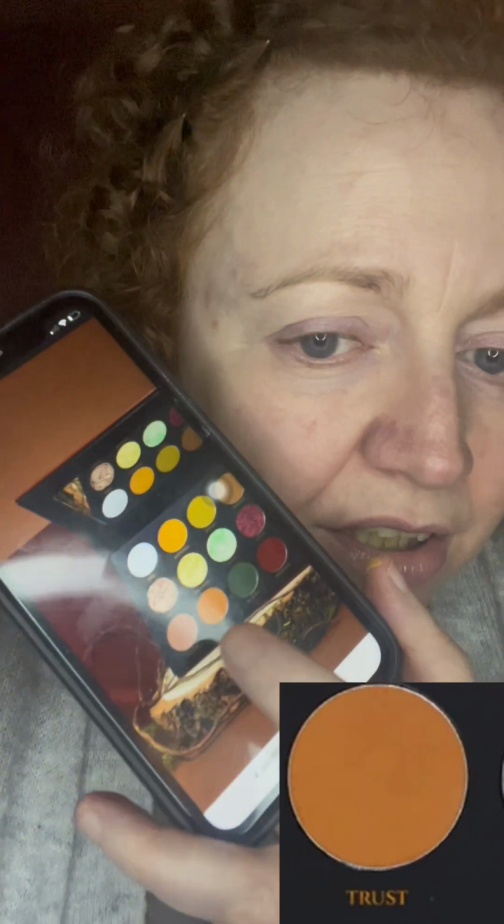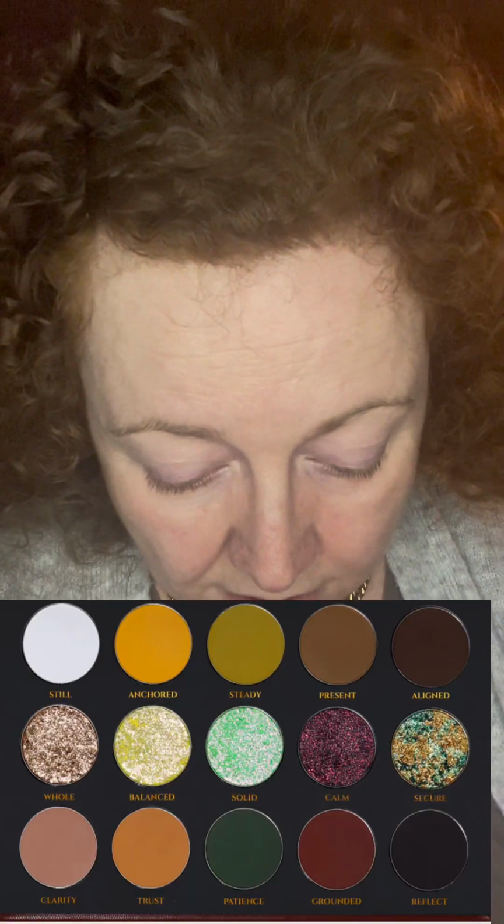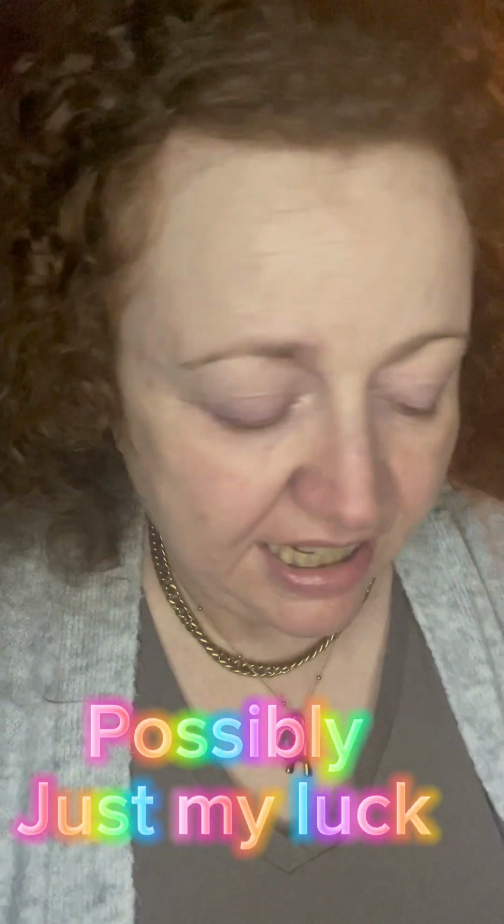Yeah, that one would correlate to Trust. That one there. Then Patience. Patience would be the green one. So this is another Colourpop one. Again, I don't know where it's come from. Looking at it, I don't know if I'd go out and buy this colour story in a palette, but I'm glad that I've managed to create a similar vibe just looking at it, because some of these shades I know